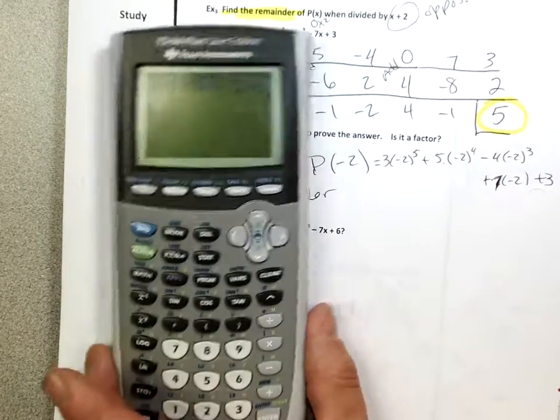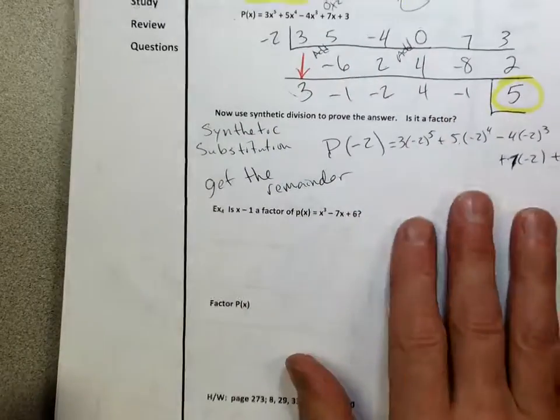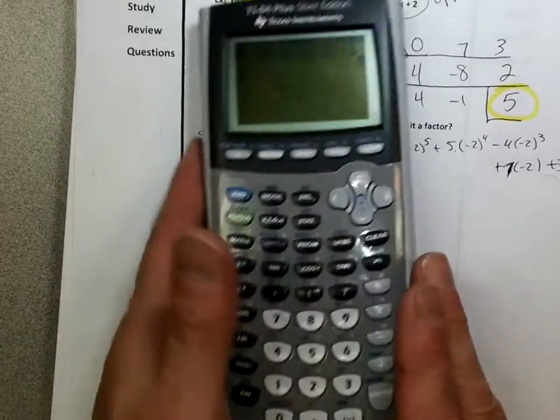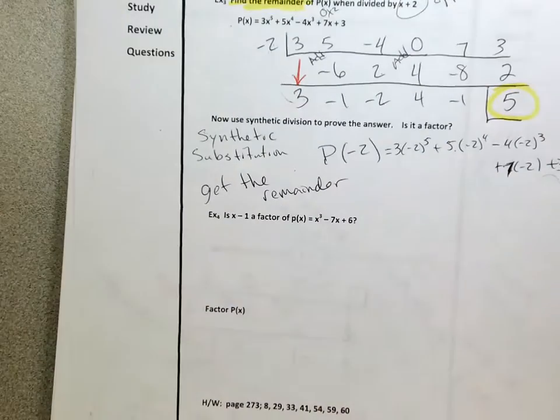You see my 5? So, you're going to get a quiz question coming up next Friday, and it's going to say find the remainder. You can do it in one of two ways. You can either do the whole synthetic division thing and get the remainder. That'll work. Or you can just use synthetic substitution, plug in and get the remainder. Okay? All right, now, so